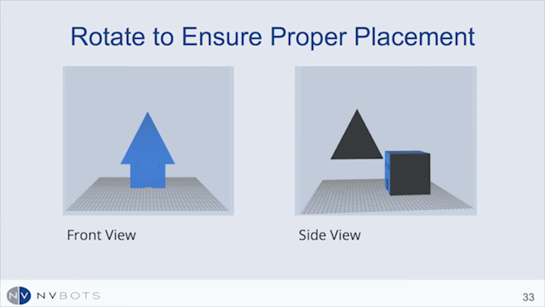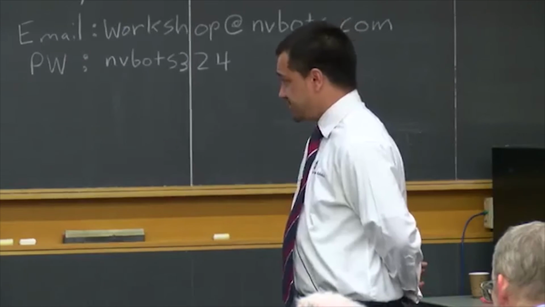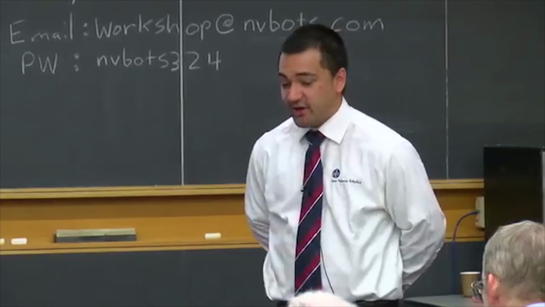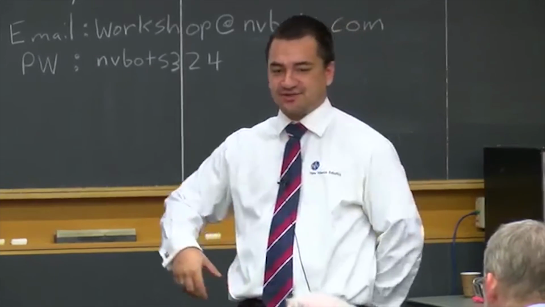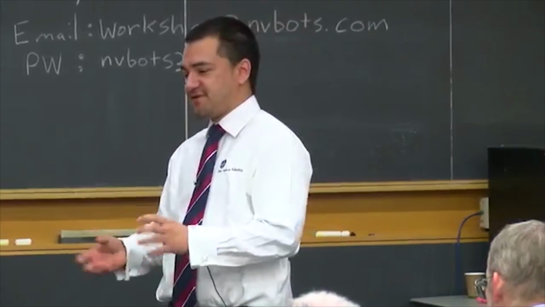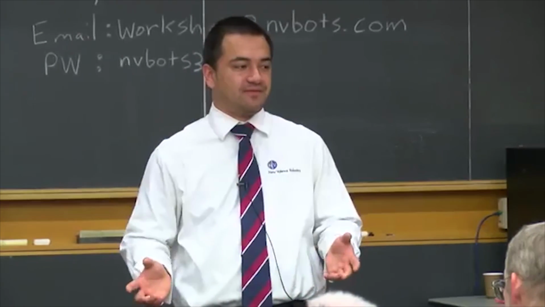So you can see from the left side of this, we have a front view of the house. Looks like a house. It looks like the roof is on top of the house, sitting where it should. But we rotate around 90 degrees and look at the side, and everything is completely off. So that just illustrates why I always emphasize to my students that they need to rotate their objects around to make sure that things are snug together, that they're fit together, and that they're where they want them to be